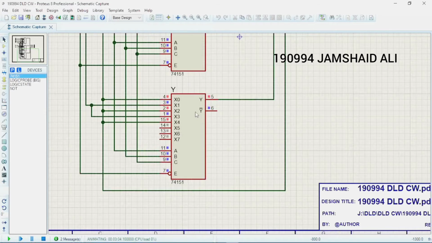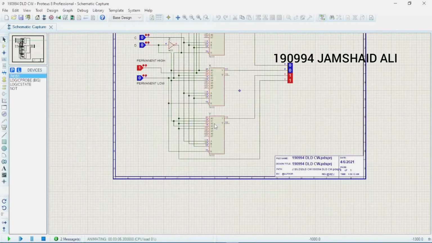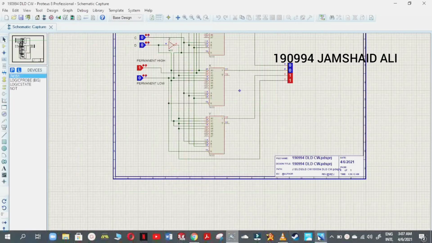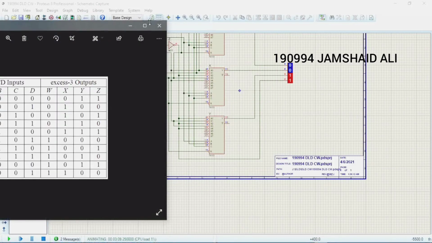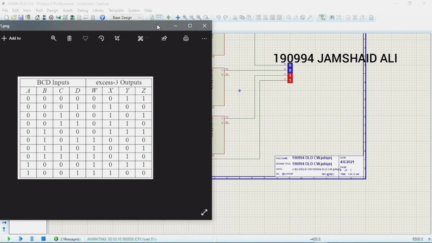If we are talking about the Y mux, it is shown from the truth table that if we want 1 0 on output, then we have to use the complement of D, because here the D input is 0 and 1.